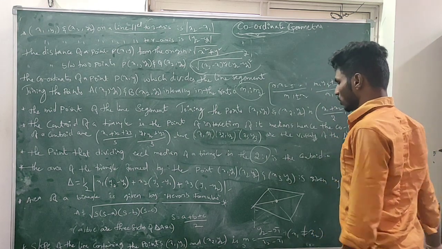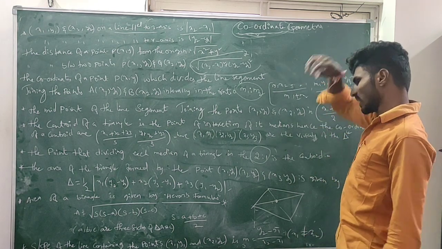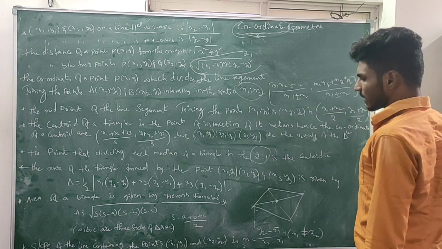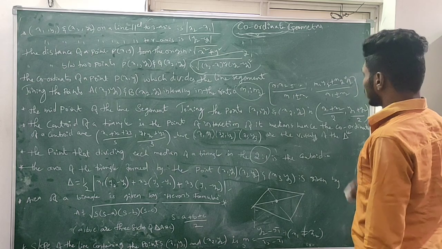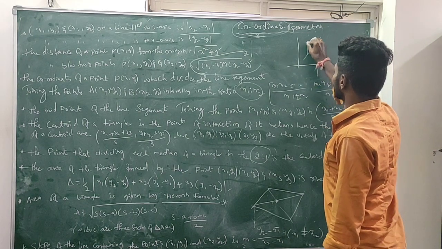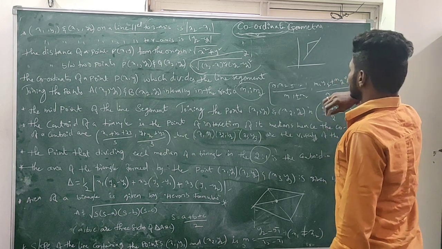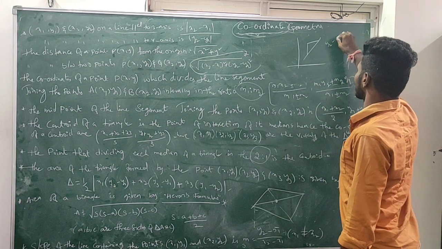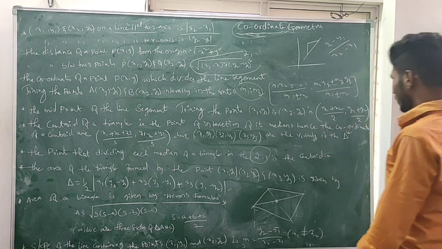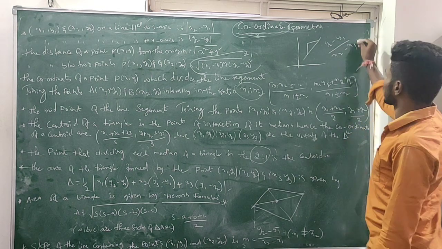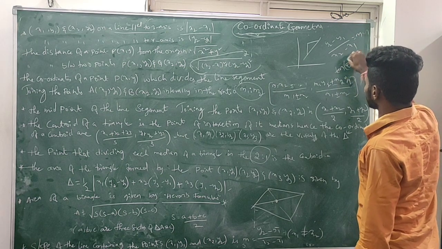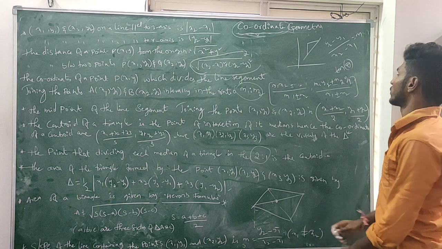So we'll next go to the last and final topic in this chapter, that is the slope of the line joining the points x1, y1 and x2, y2. If you have the coordinate system and a line passing through, and I want the slope of this particular line, the slope can be calculated by y2 minus y1 by x2 minus x1. This is the slope. Whatever answer you get for m, substitute the value of m in tan theta. You will get the final answer.